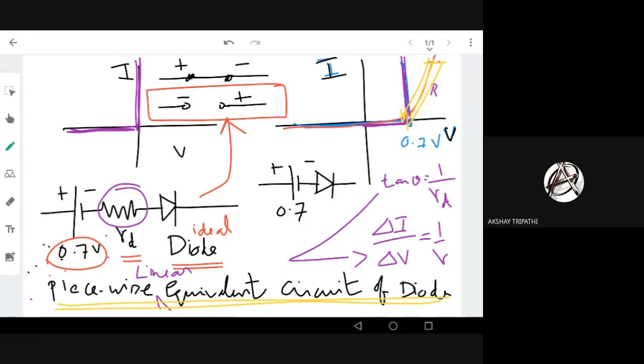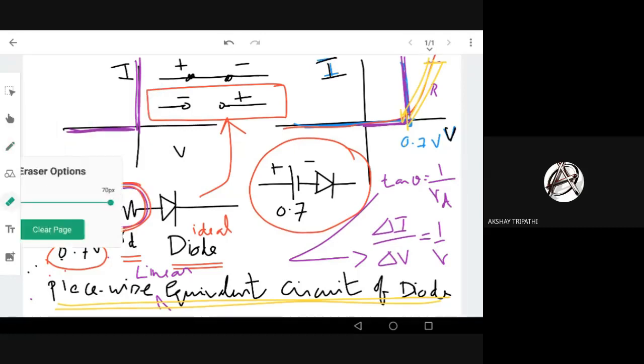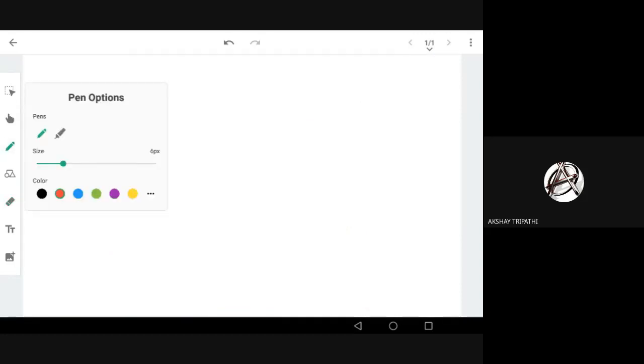But when we do problems, sometimes we can represent the diode using our simple model, the constant voltage drop model, right? So this is also fine. Why? Because the resistance across the diode is very small. This is called forward resistance. Diode resistance is usually very small. So let's try to see what the resistance across the diode is.